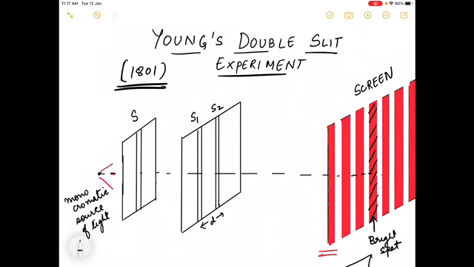So okay, and then after that he saw, after the bright spot there was a dark spot, right, and then a bright, then a dark, and so on. You get a pattern of alternate dark and bright fringes, right? So that was the experiment. He was pretty amazed to see the result, right?